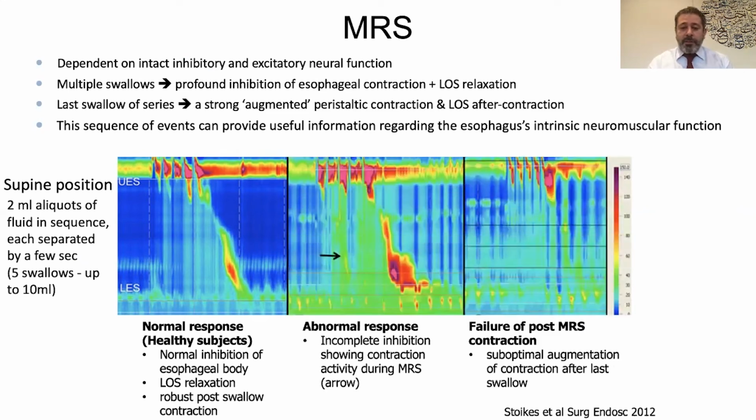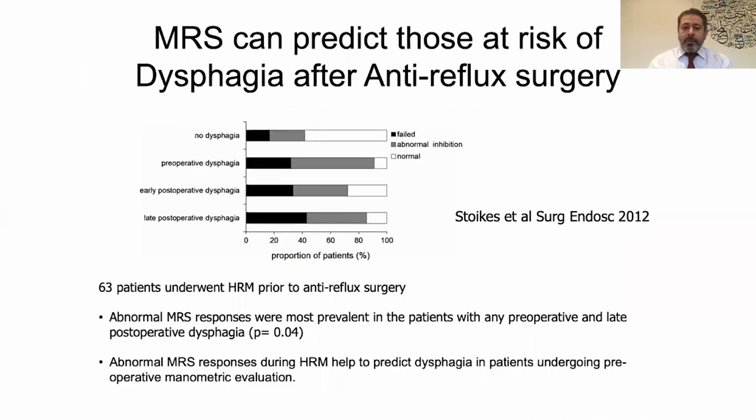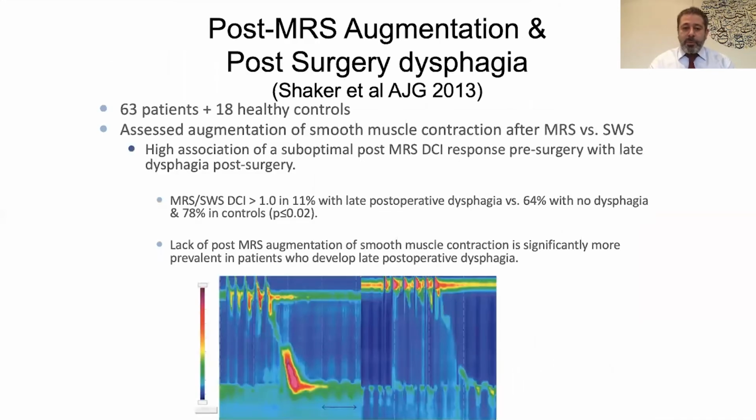Abnormalities of this will lead to abnormal incomplete inhibition or failure of augmented contraction after the deglutitive response. And in fact, we can use this in order to prognosticate outcome following anti-reflux surgery. The St. Louis group have shown that an abnormal response was most prevalent in patients with any preoperative or late postoperative dysphagia. So how do we define what is normal and abnormal? One way to do this is by measuring the ratio between MRS and single water swallows